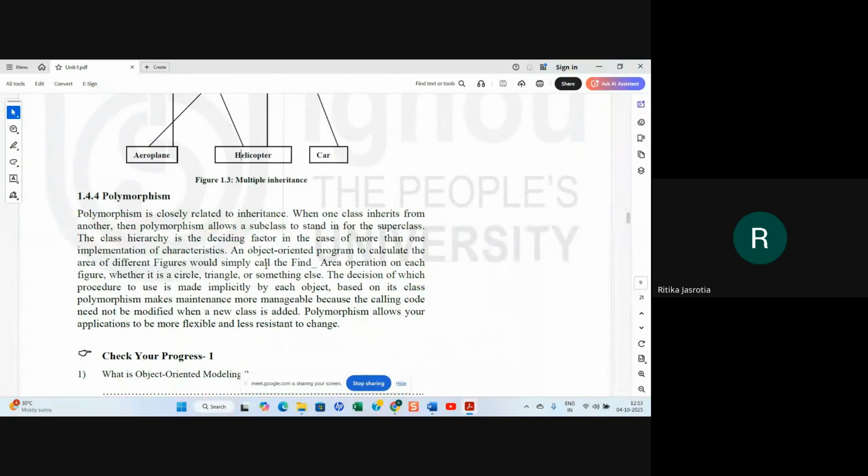Poly means many, morphism means form. So many forms. A single function you can use in many forms. That is what it means. Suppose you have an add function that adds two integers.